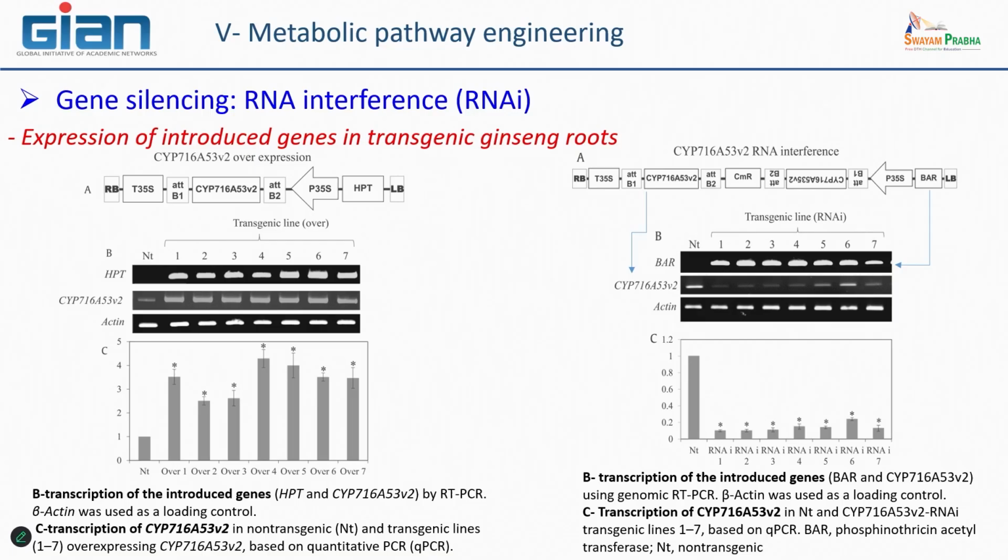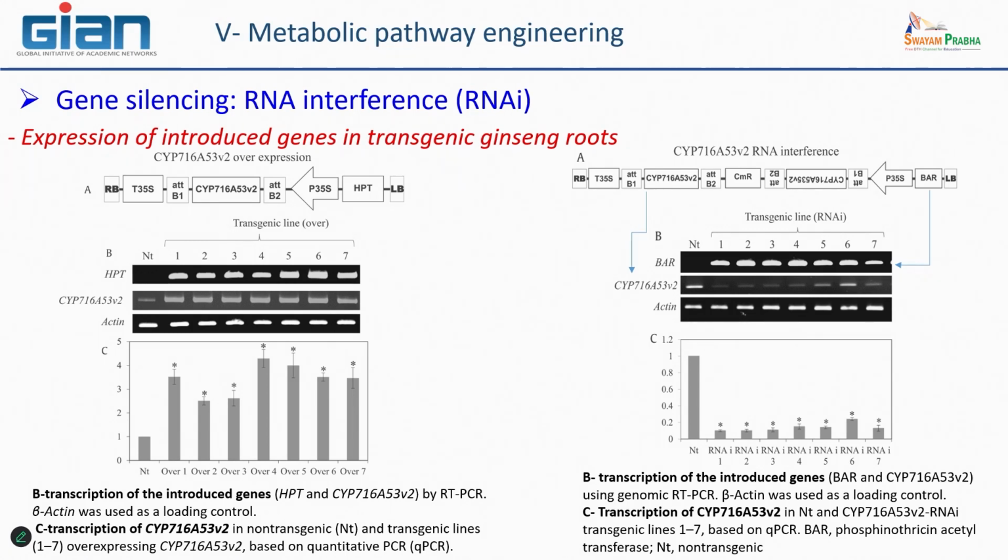This is important because when you develop an RNAi strategy, all the plants you regenerate are not able to silence the genes completely. You may have a gradual effect of this system, which is very interesting because this way you can see how modulation of the presence of this enzyme could have an influence on the total metabolic pathway at the end. So here you can see that some of the transgenic lines have no ability to produce any mRNA, while some others have the possibility to have some.